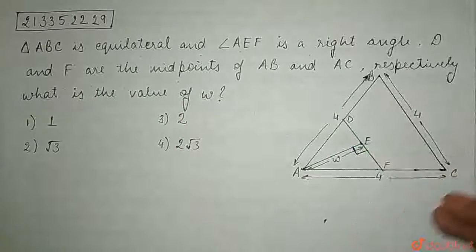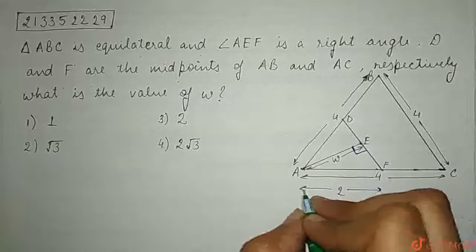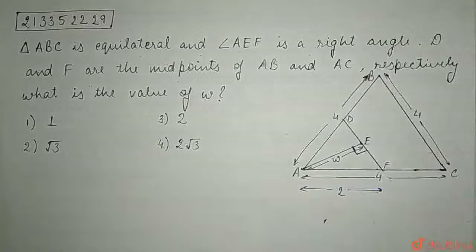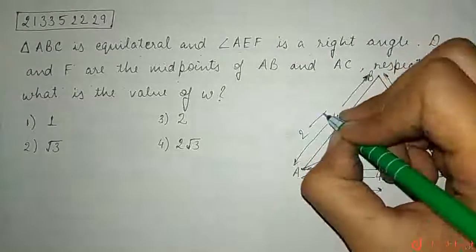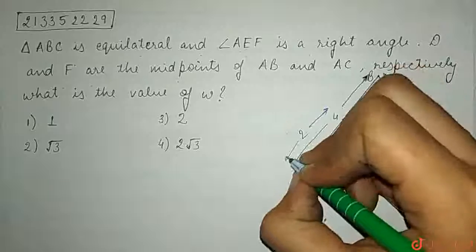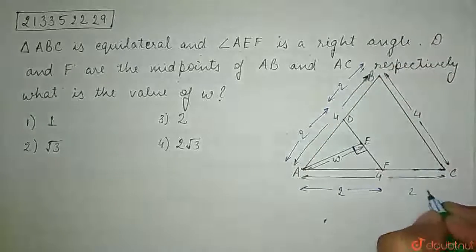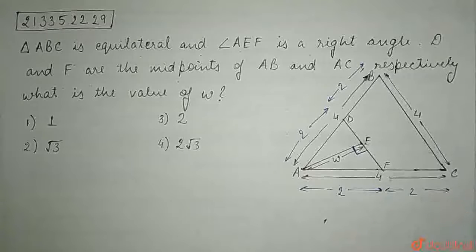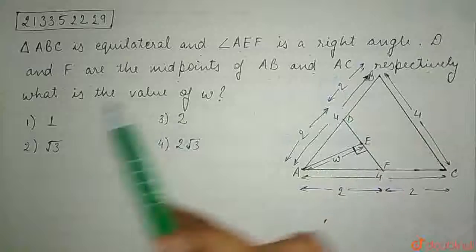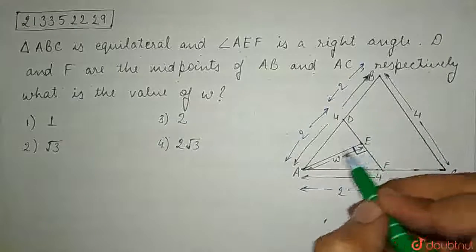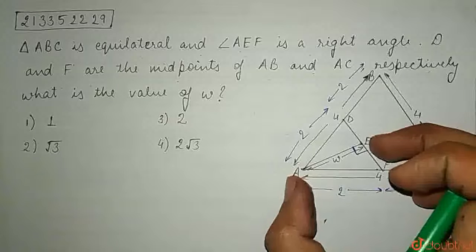D and F are the midpoints, so they divide this 4 meter long side into 2 meters and 2 meters, and same goes with this side, 2 and 2. Now, AB and AC respectively, what is the value of W? We need to find out the value of W, that is the length of this side